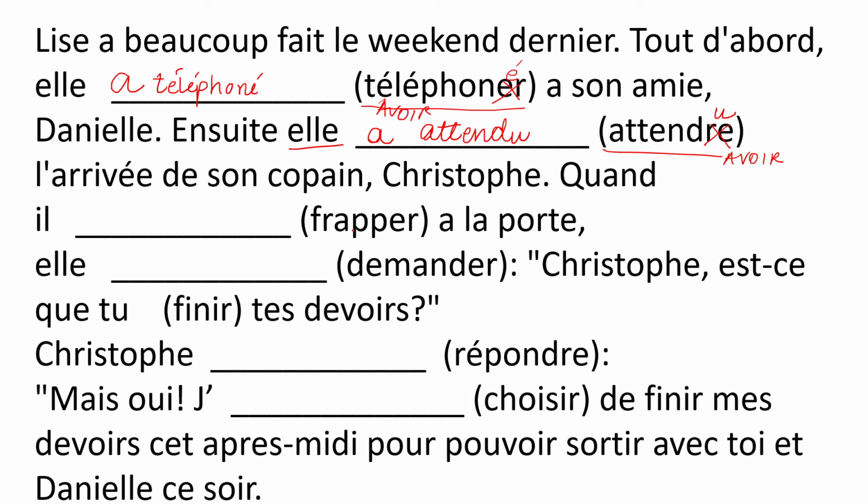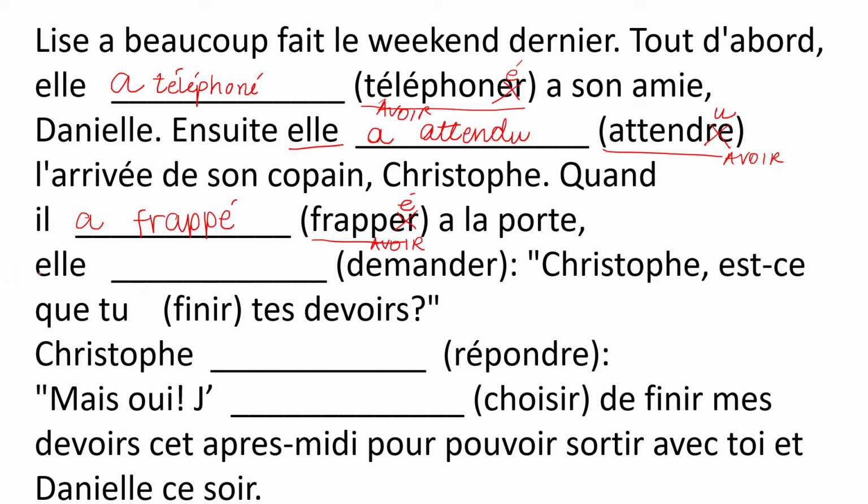Okay, quand il. When he, now what? Frapper you have to put into the passé composé. Frapper is again avoir. Okay, frapper is to knock. So avoir for il is a. This is a normal er verb. So you have to substitute er with e accent to get the participle. So quand il a frappé à la porte, when he knocked at the door,